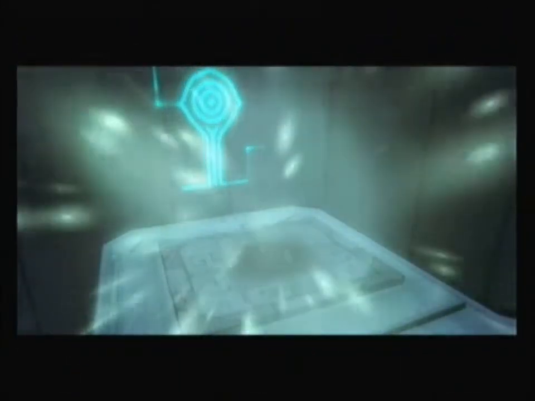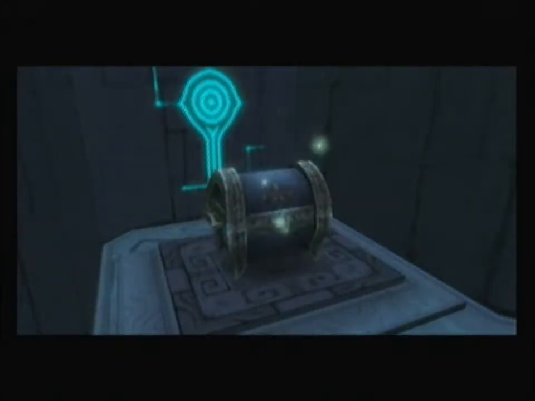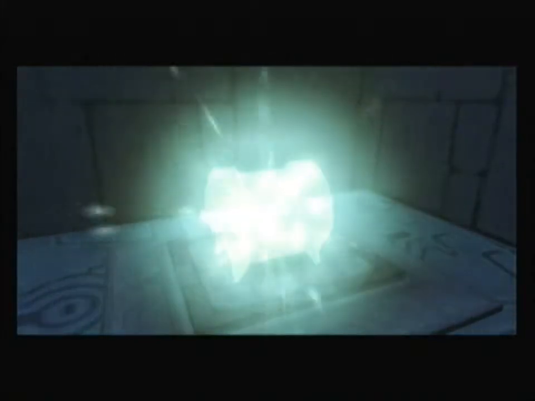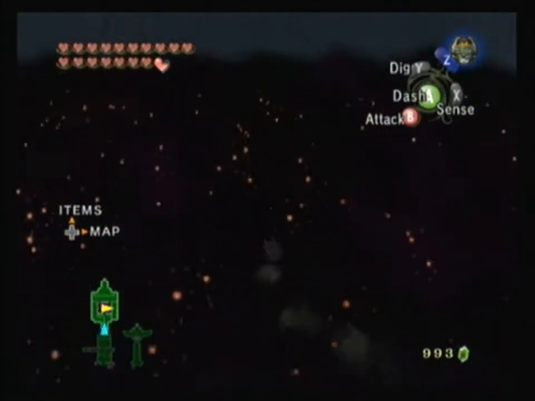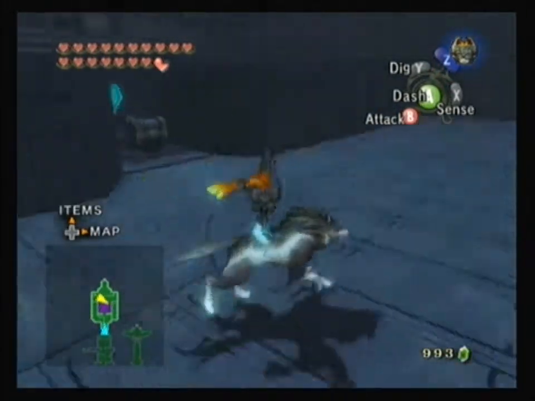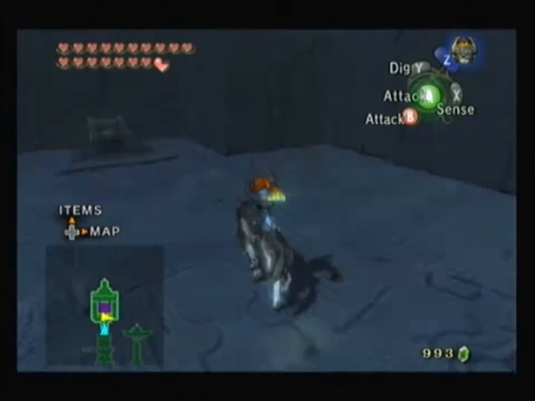That'll make 2 chests appear in this room. You've got this one up here. That one over there. And the one that's already available in this room, yes, there's 3 chests in this room, I know that much. One of them contains 100 rupees, one of them contains the small key, and one of them contains... I'm not too sure. So let's go...